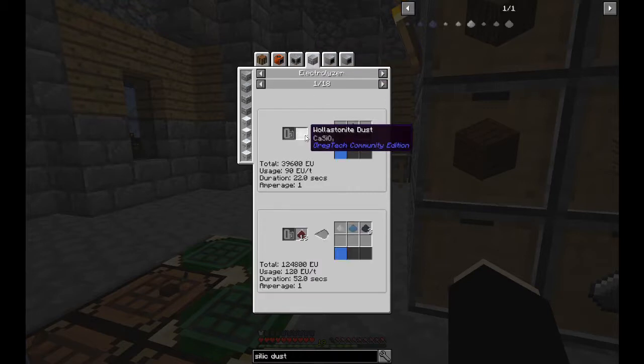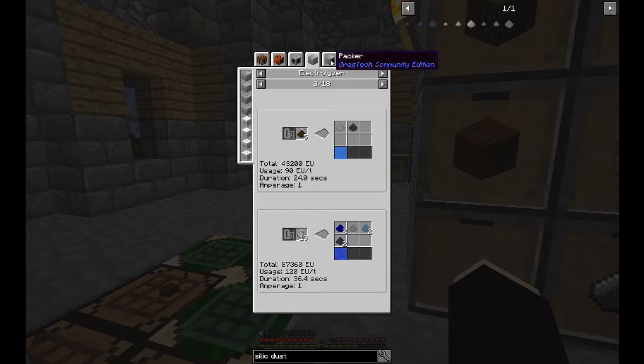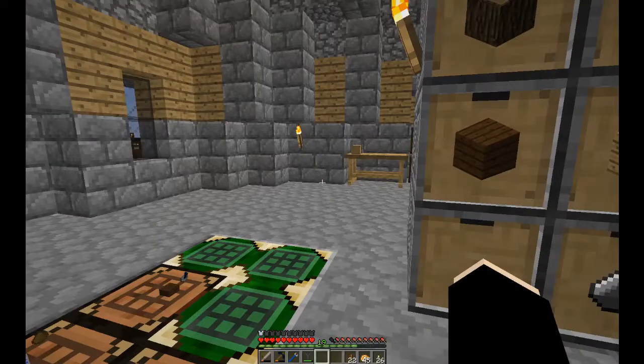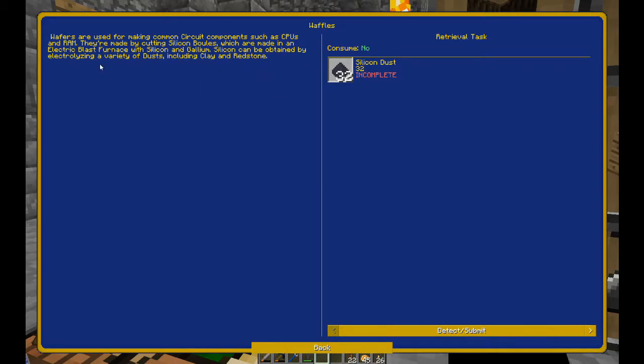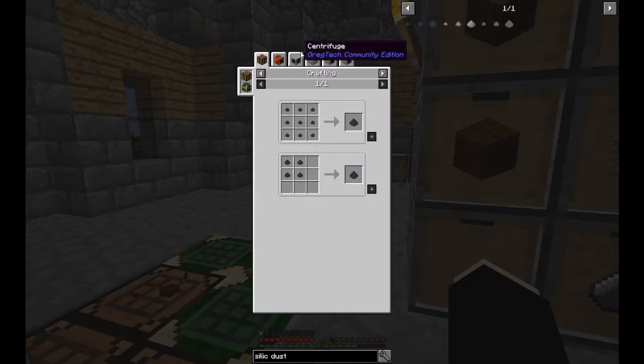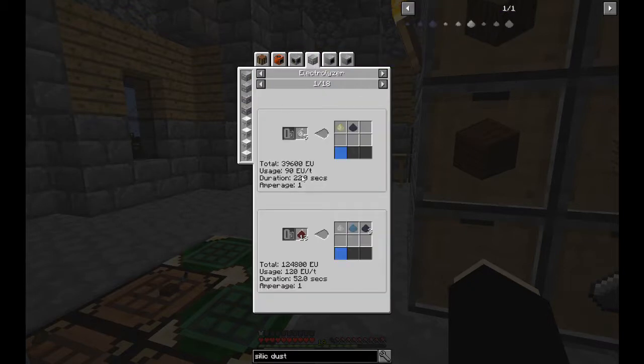Electrolyzing wollastonite dust, or potassium, or andesite, crossfeeder. But it's meant something about clay. Electrolyzing a variety of dusts, including clay and redstone. Okay, have a look here. There's bentonite, kaolinite,